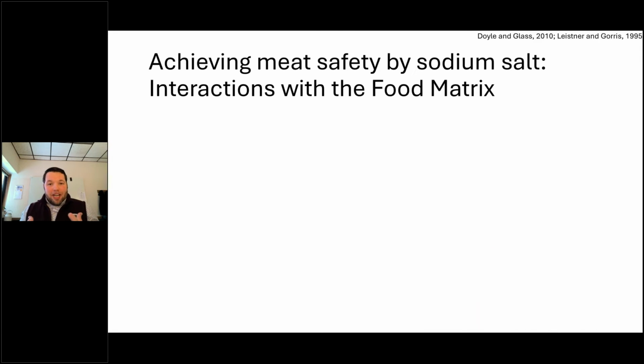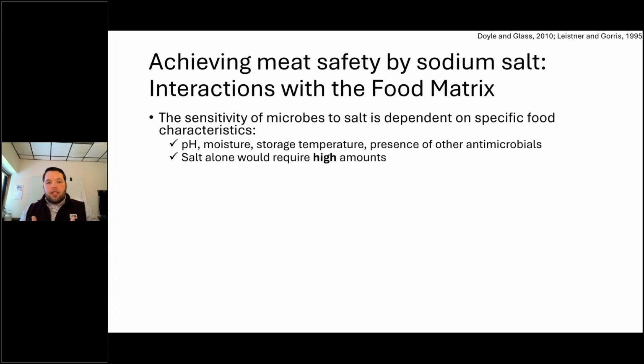Now, sodium salt is not in a vacuum, right? It's interacting with the food matrix. And the sensitivity of microorganisms to salt is dependent upon those specific food characteristics, both intrinsic and extrinsic properties, such as the product pH, the product's moisture, the temperature at which the product is held, as well as the presence of other antimicrobials. If we were to rely on salt as our sole antimicrobial ingredient, that would require high amounts and probably make the product